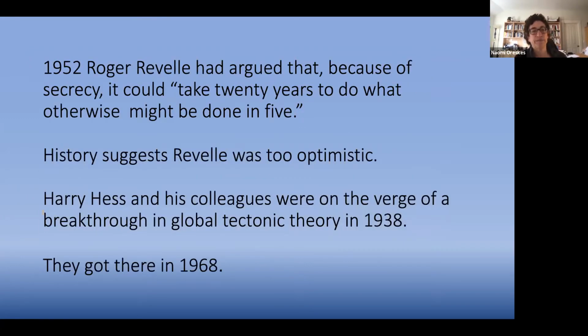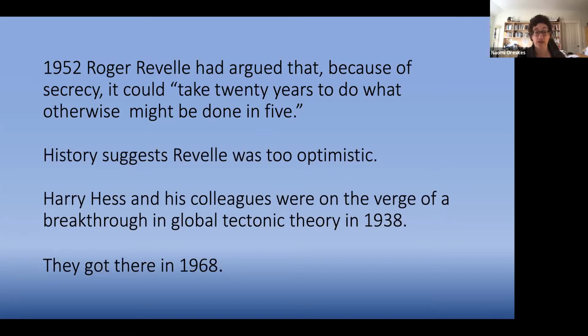So to sum up, and I apologize for going a bit over, in 1952, Roger Revelle wrote a memo to the US Navy in which he argued that because of secrecy, because of data classification and the inability of scientists not just to publish their work, but even to talk about it, it could, quote, take 25 years to do what otherwise might have been done in 5. Well, everyone who knew Roger Revelle said he was the perennial optimist,